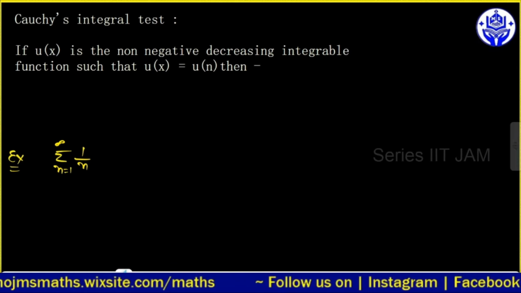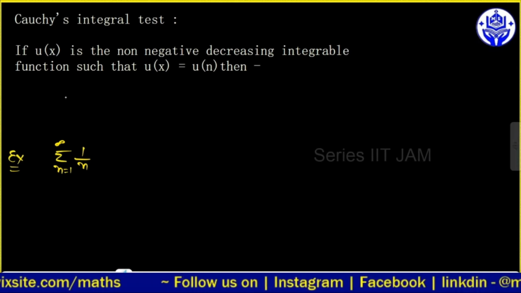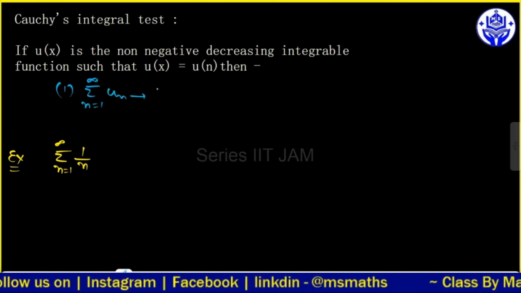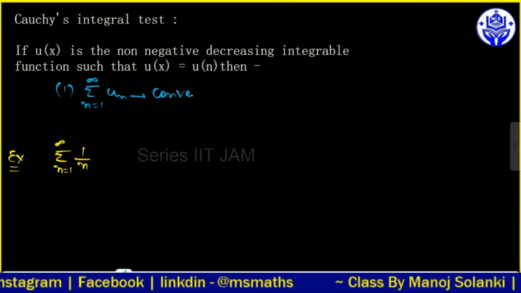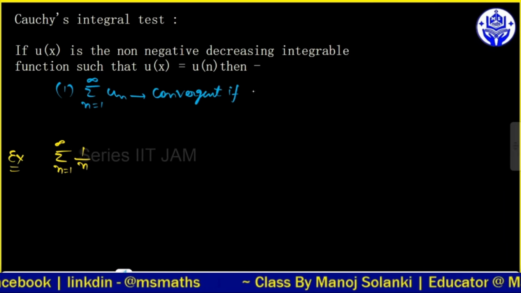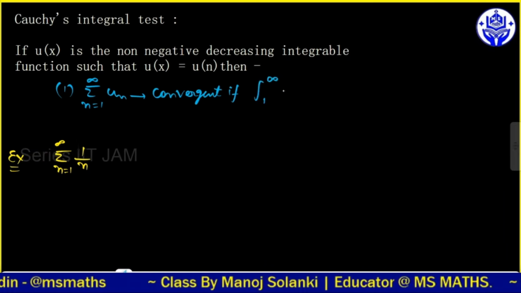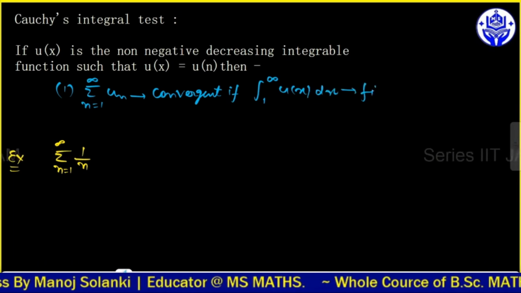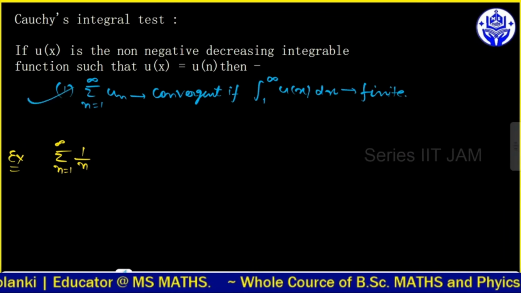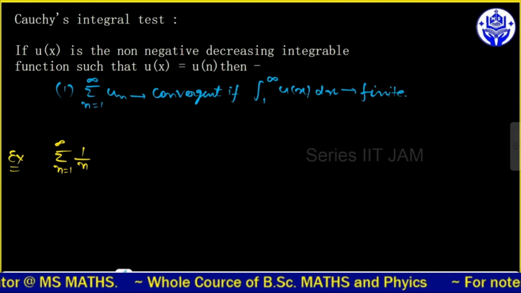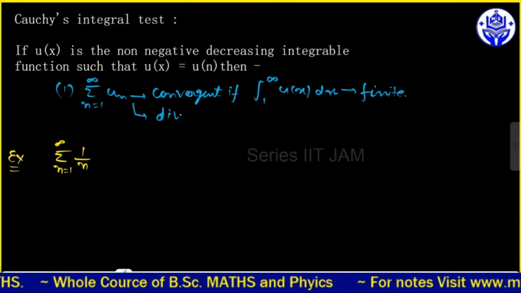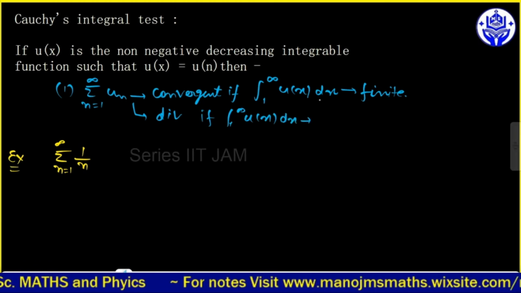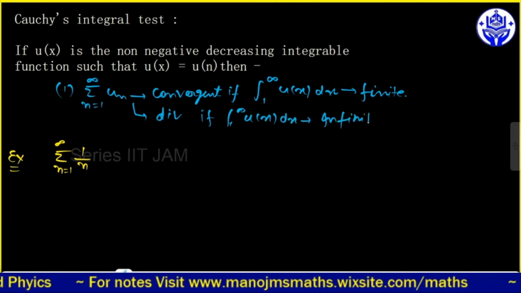ये सीरीज में क्या होता है कि अगर आपके पास में summation n इज इक्वल टू 1 टू इनफाइनाइट un, तो un कन्वर्जेंट होगा इफ एंड ओनली इफ इंटीग्रेशन ऑफ 1 टू इनफाइनाइट u(x) dx, उसको हम x फंक्शन में रखते हैं, अगर इसका इंटीग्रेशन करते हैं और वो फाइनाइट हो जाए, मतलब ये कन्वर्जेंट होगा अगर ये फाइनाइट होगा। सिमिलरली ये डाइवर्जेंट हो जाएगा अगर 1 टू इनफाइनाइट u(x) dx इनफाइनाइट हो जाता है।